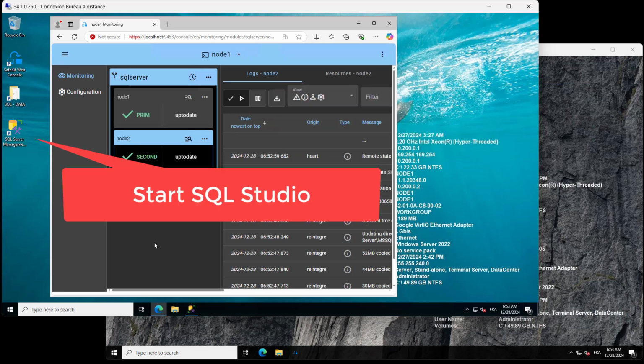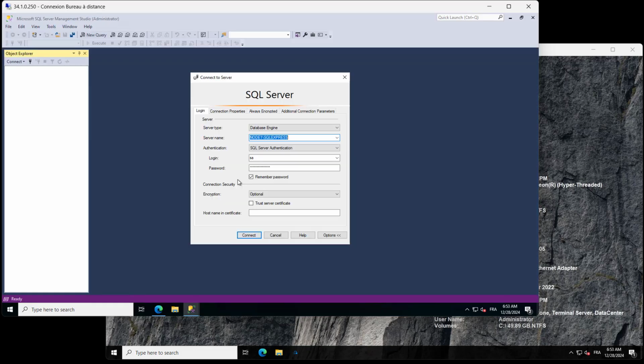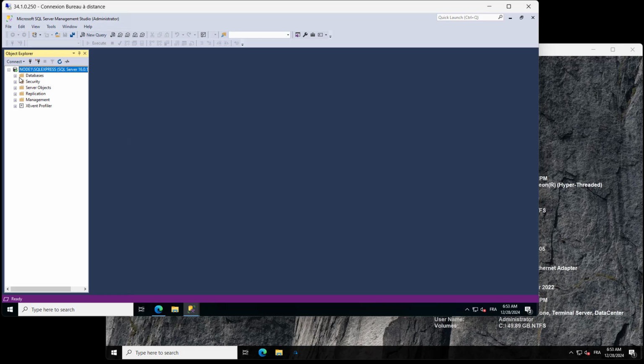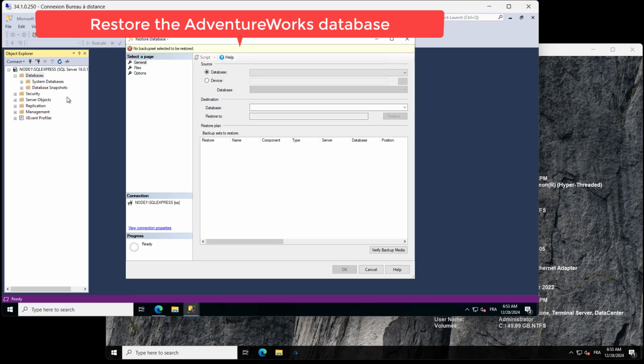Let's start SQL Studio. It's a tool for managing SQL databases. Connect the Studio with the SQL service using the built-in system administrator account named SA. We are going to restore the AdventureWorks database. The AdventureWorks database is a sample database provided by Microsoft for SQL Server.